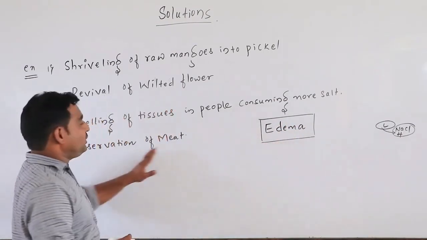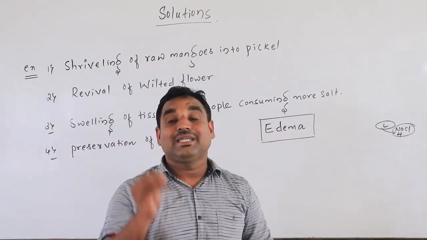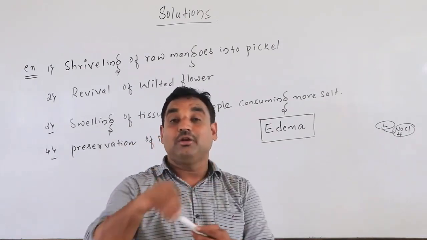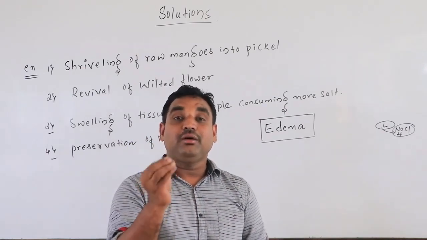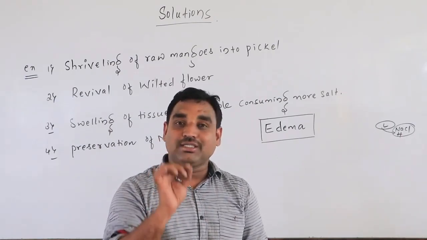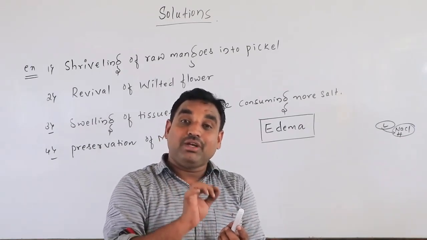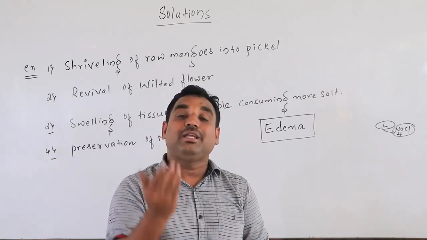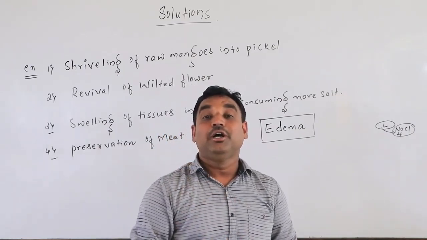And one more is the preservation of meat, by preventing the action of bacteria by salting it. When we preserve meat, we put some salt on it, so that salt solution has a higher concentration. If that meat has bacteria, the bacteria have a lower concentration in their cells, which means the fluid present in the bacteria will come out of the cells by the osmosis process, they will shrink, and later the bacteria will die. Because of that reason, we put some salt on the meat to preserve it.